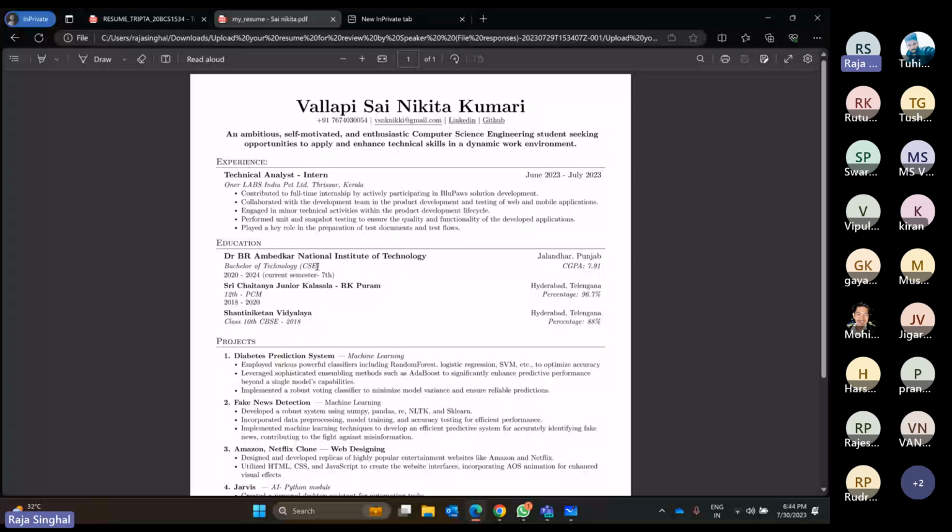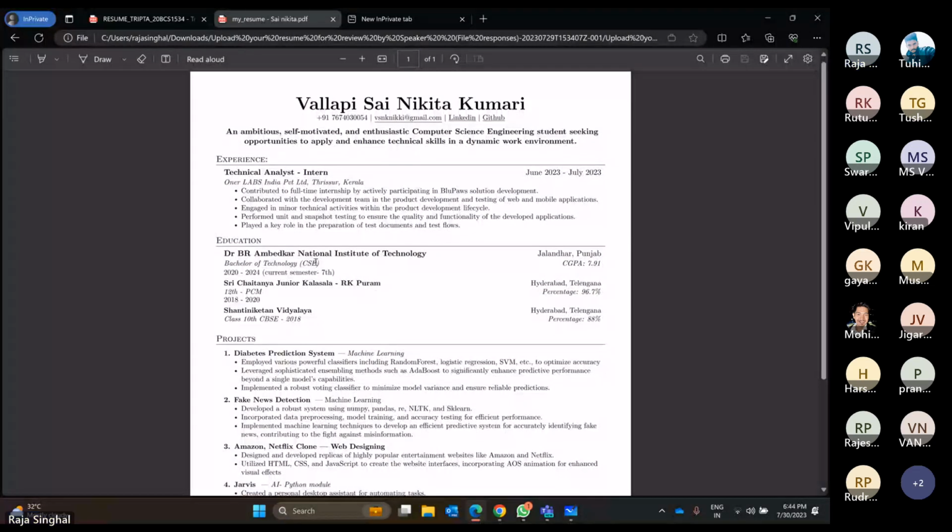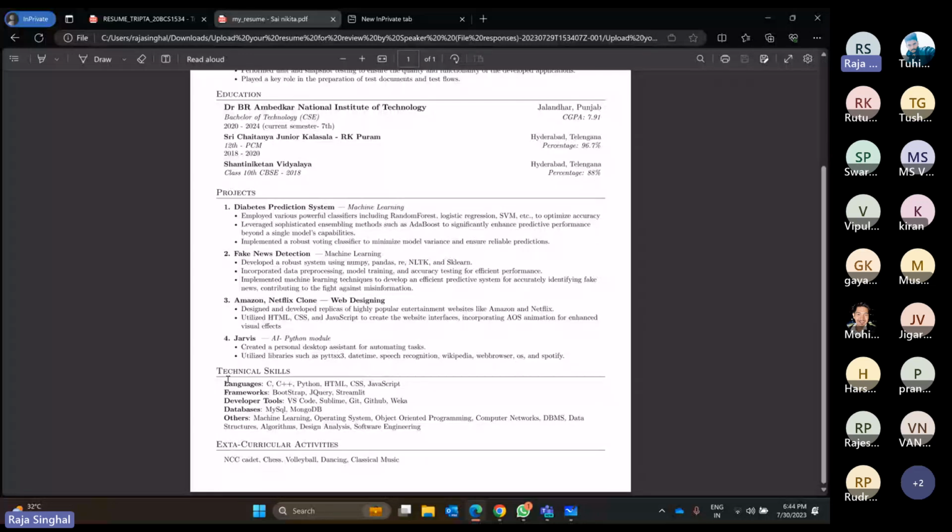And apart from the experience, the education section is okay, you can swap these things, but your technical skills should be on top because as a fresher, your key skills play a major role while selecting for any job or openings.